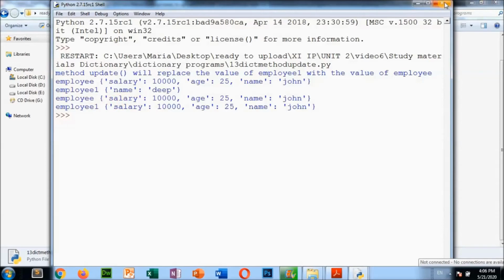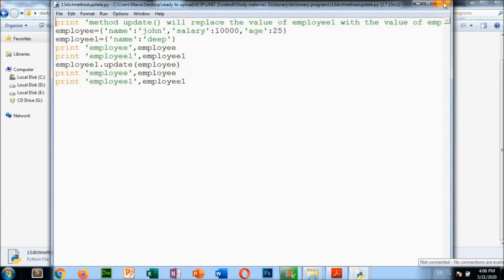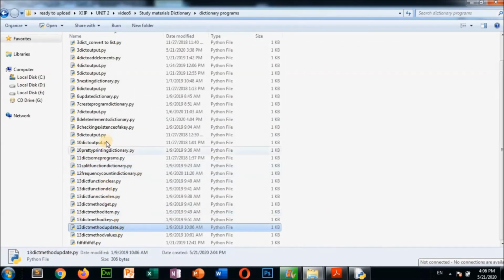Okay, so like that you can use this update function. Different functions are there, different dictionary programs are there. So I request you all to practice all the programs. I have not discussed all the programs in these videos, it would take so much time. So you do one thing, practice all these programs. That is actually an easier process to understand the programs quickly. I have discussed some of the programs from this dictionary, and the remaining programs you also have to practice. If you do not understand anything, you can ask me, I will show you again. I will discuss the same videos again.